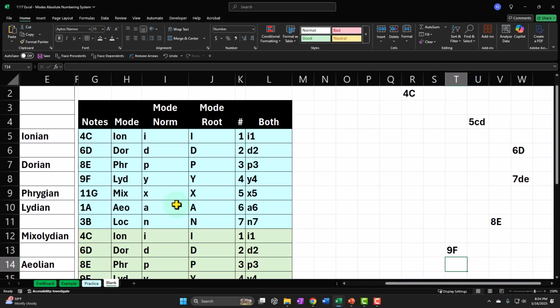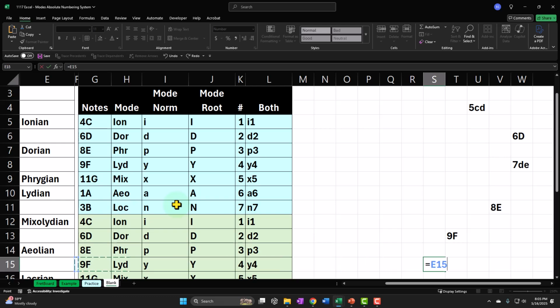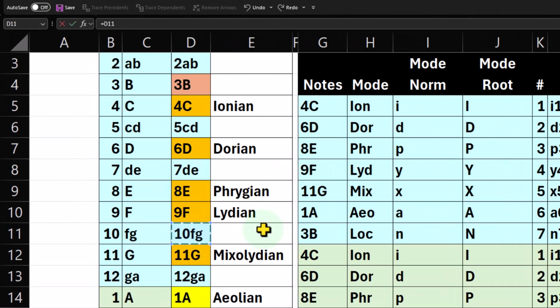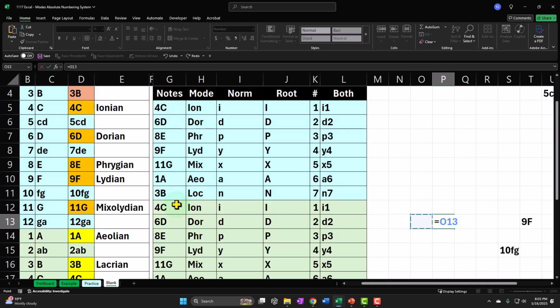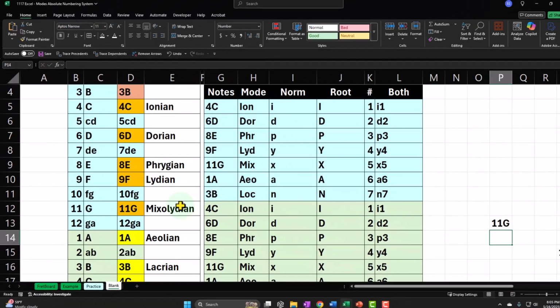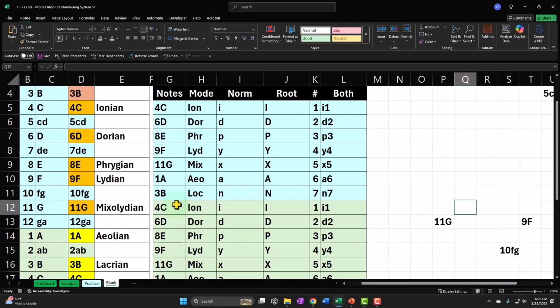And then we're going to say in R15 is going to equal the F sharp G, and then in P13 is going to equal the G, and then in